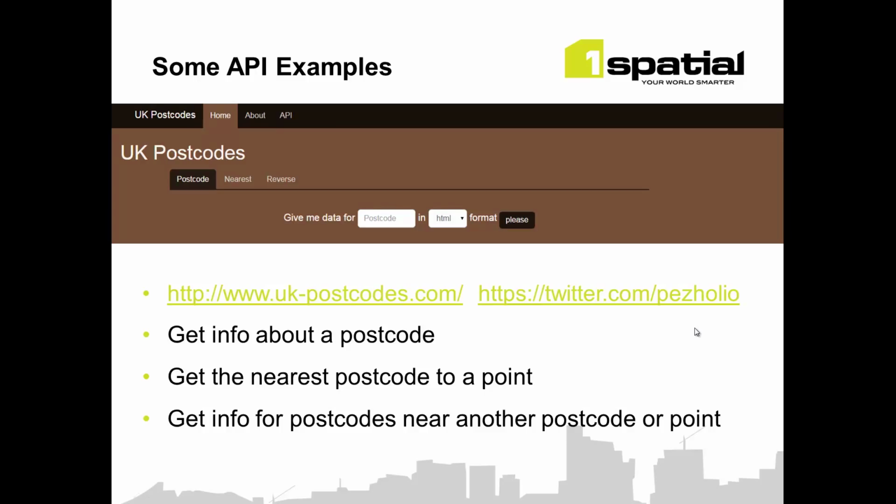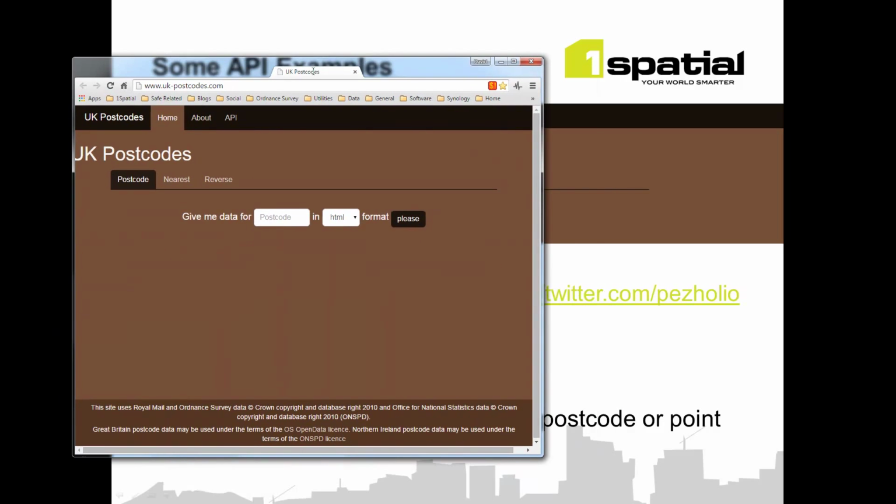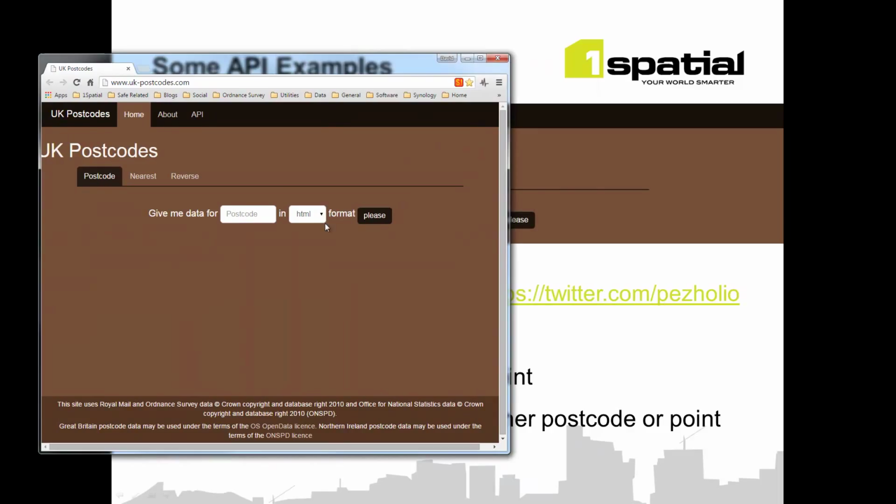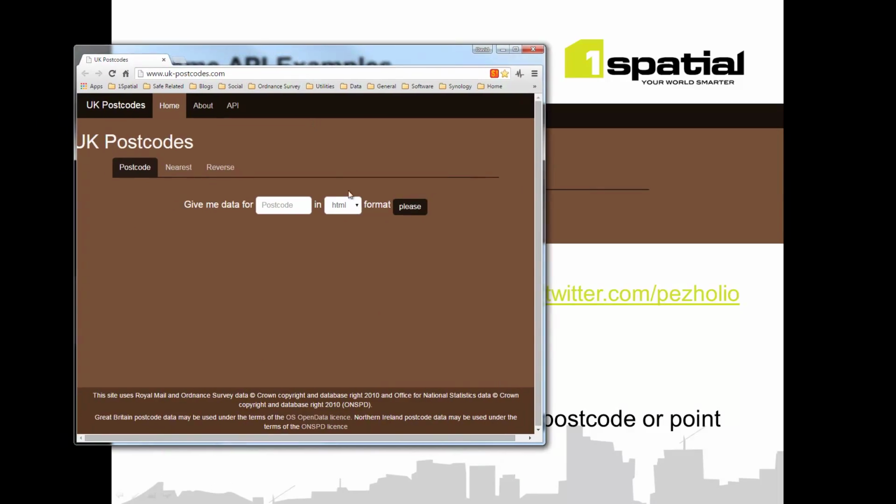If we look at some of the other API examples that are out there, an interesting one that I've discovered for postal code analysis and querying is the UK postcodes API. This is just a small system that was set up by an individual, and you can interact with him on Twitter if you wish, but you can see here that it's a simple tool. You can punch in a postcode that you might have,